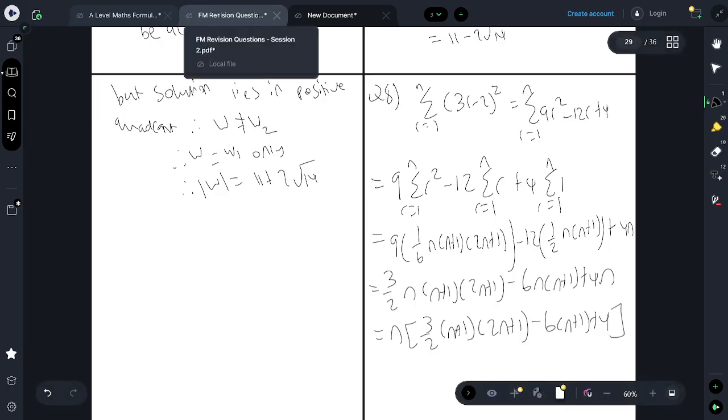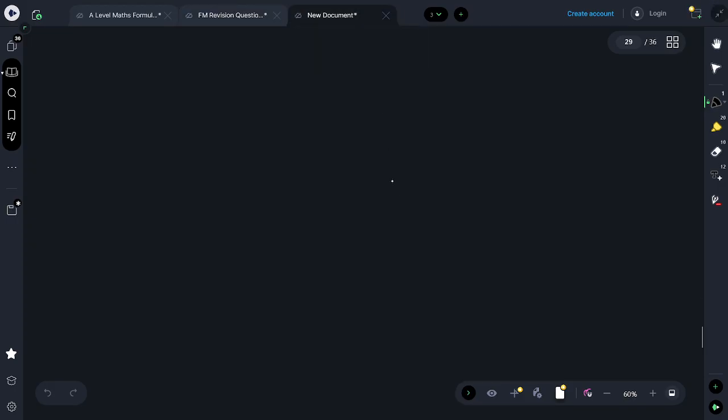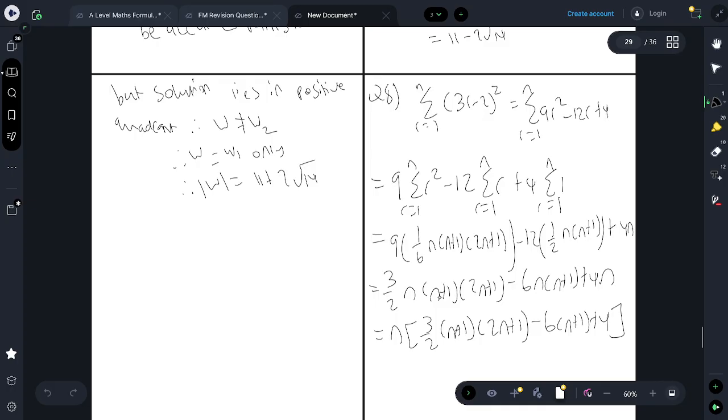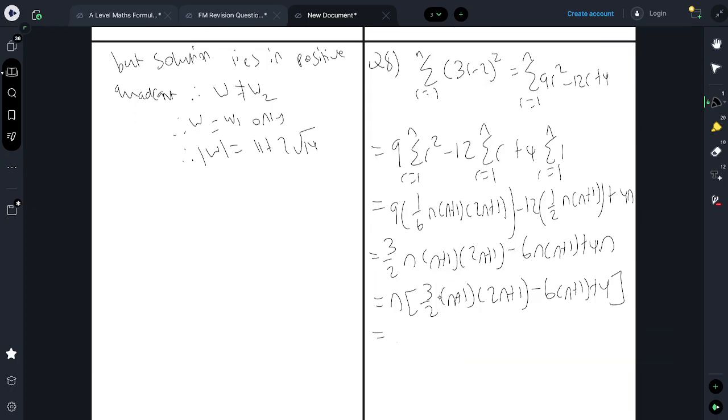Okay, what does the question say? We need to have a quadratic in here, and we need to pull a factor of a half out. So then let's pull, actually, no, let's expand first. So it'd be n of 3 over 2, lots of 2n squared plus 3n plus 1, minus 6n minus 6 plus 4,